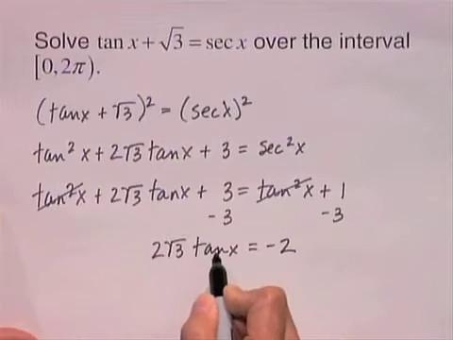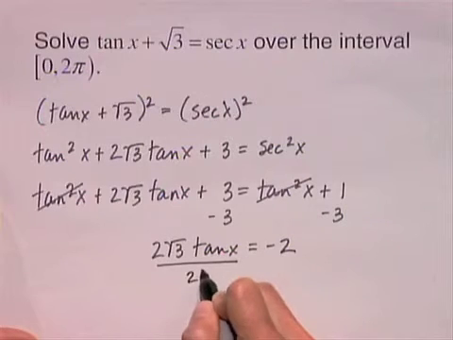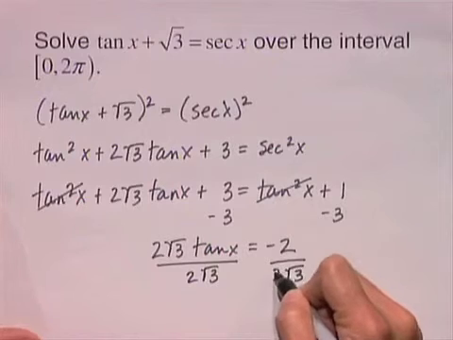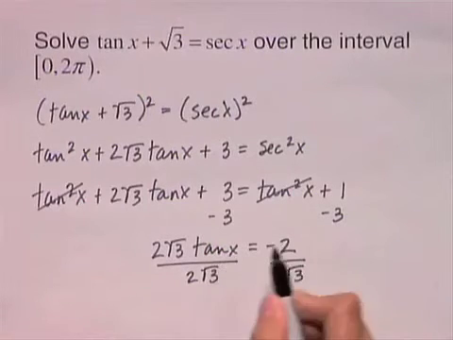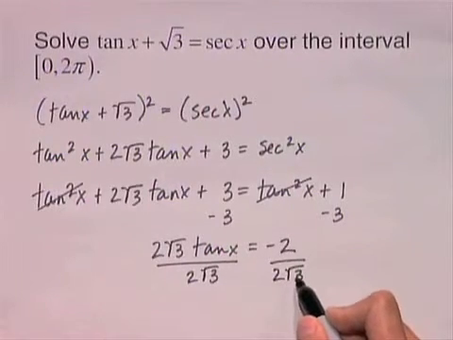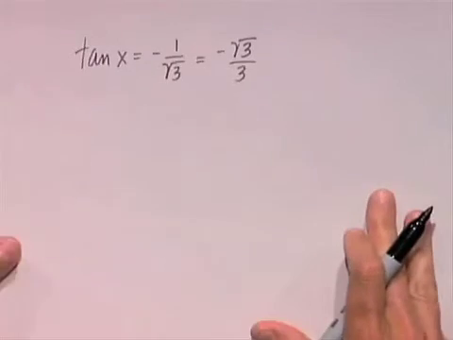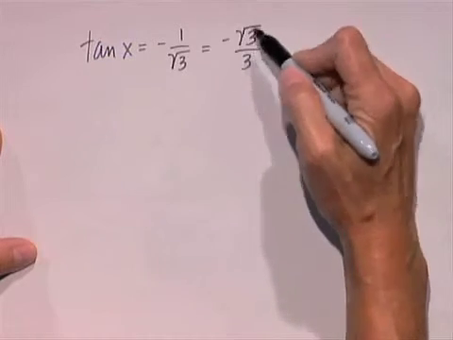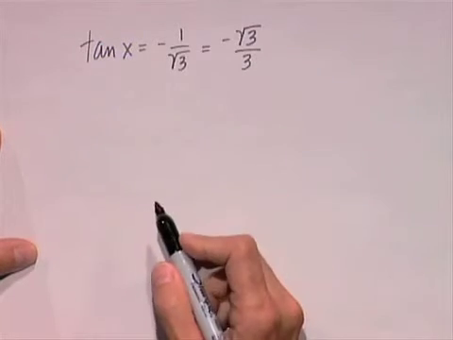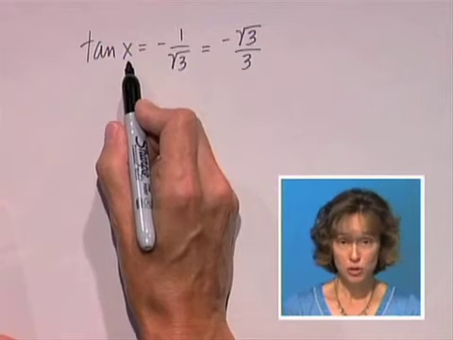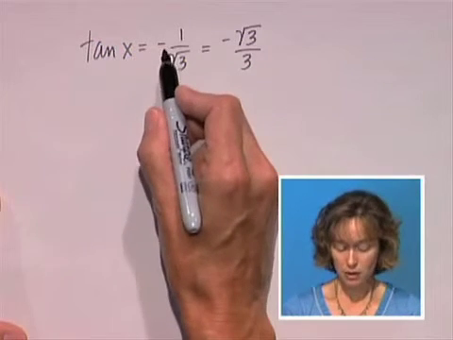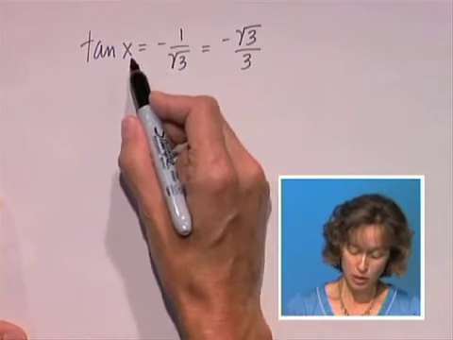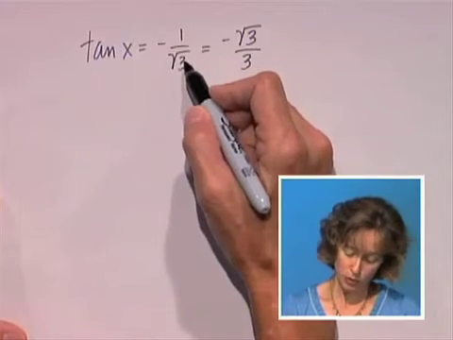I'm going to isolate tan x by dividing each side by 2 square roots of 3. Simplifying the 2's, I'll have tan x equals negative 1 over the square root of 3. And I've written that on another sheet, which, if you rationalize the denominator, is negative the square root of 3 over 3. Now, there are two solutions to this particular statement. The tangent's negative in quadrant 2, and in quadrant 2, the tangent has value negative 1 over square root 3